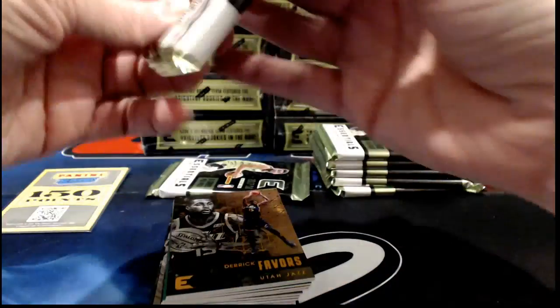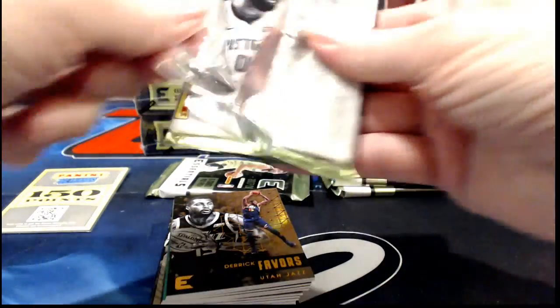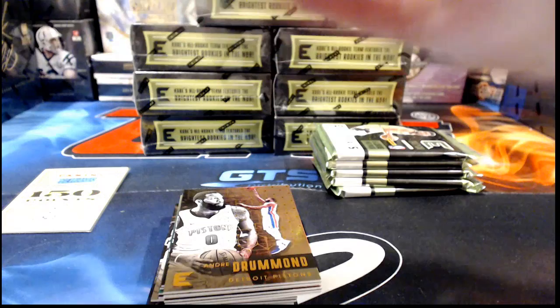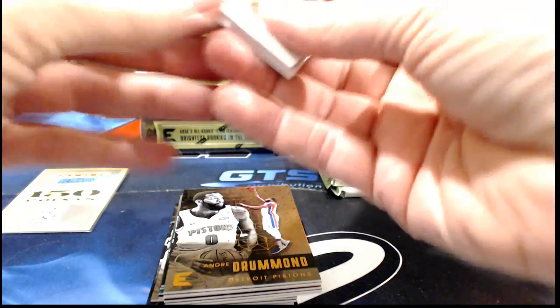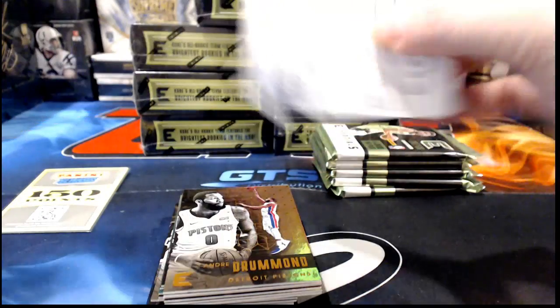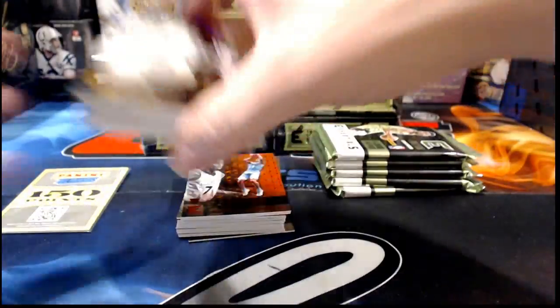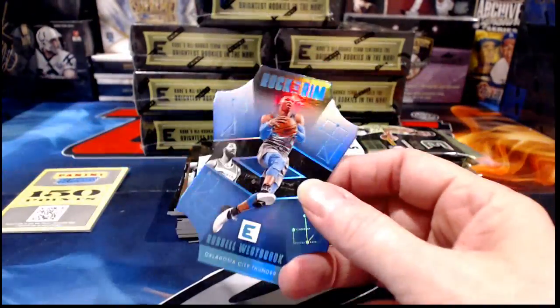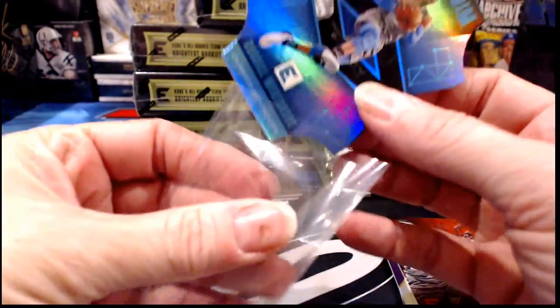I was surprised that I saw on the Panini website that this was sold out. At least on their website it was sold out. Of course, they've been saying all year that they're not making as much basketball as they have some years. But it's interesting because all the stuff that they said at the first of the year, you remember like Hoops and Donruss basketball and all that, which they said, oh, it's going to be in such short supply and so on. Rock the Rim